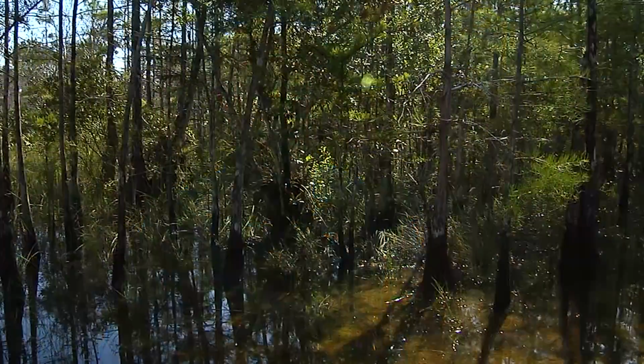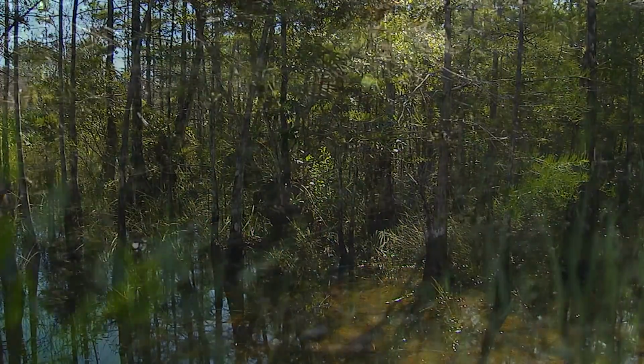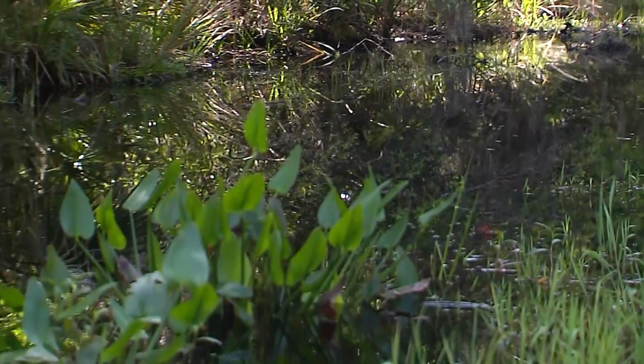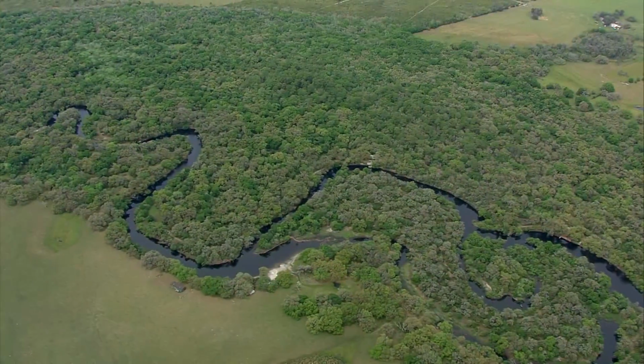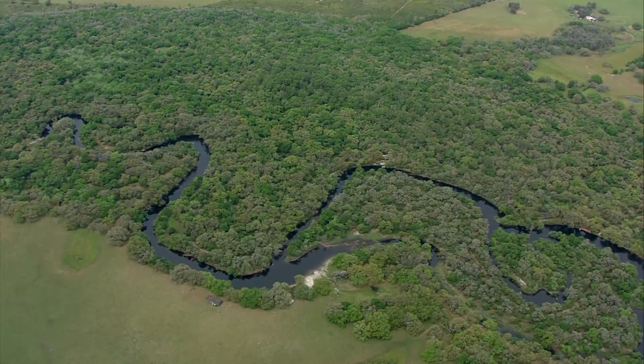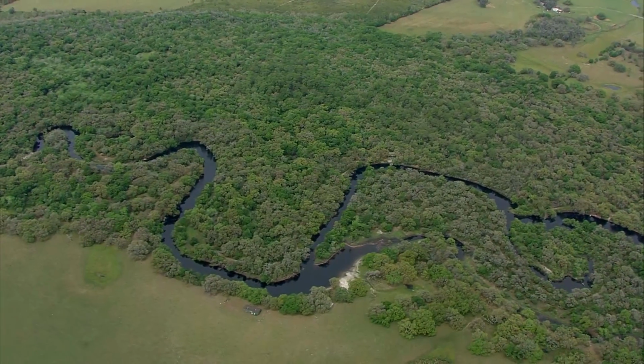Streams resist change. They're really good. They're resilient systems. But like everything else, they have a tipping point. And it's hard to know what that is in advance. And by the time we figure it out, it's usually too late. It's easier to protect an existing valuable resource than it is to ruin the resource and then try to make it better. It's just